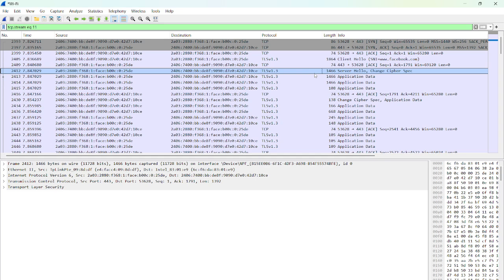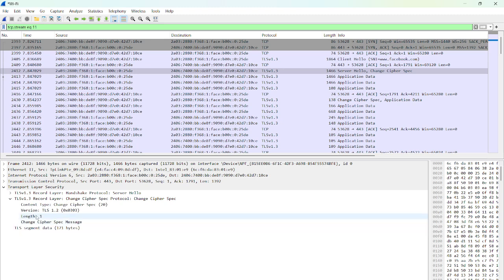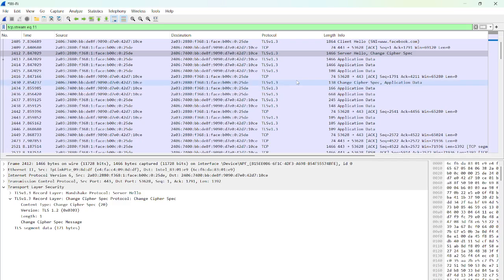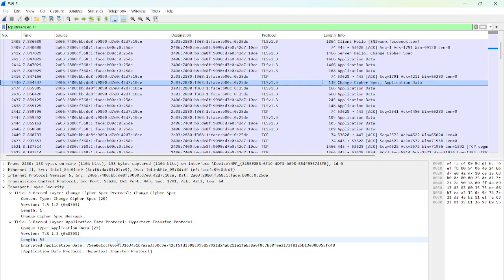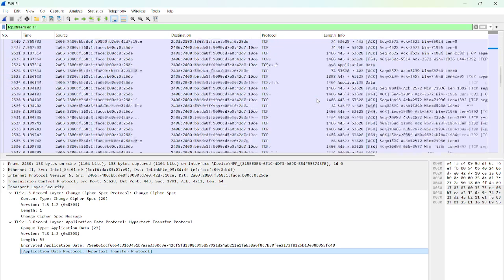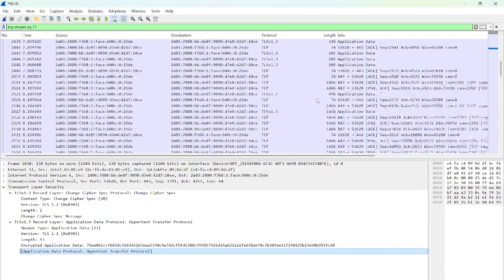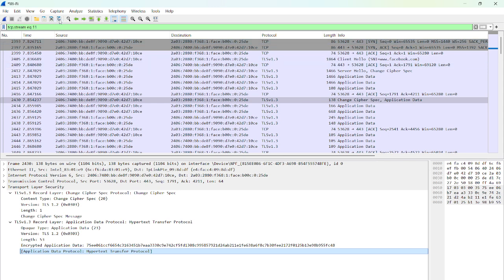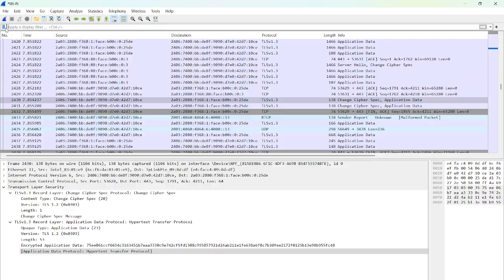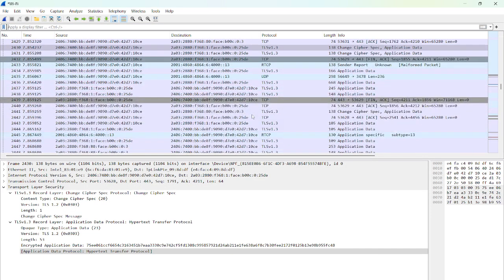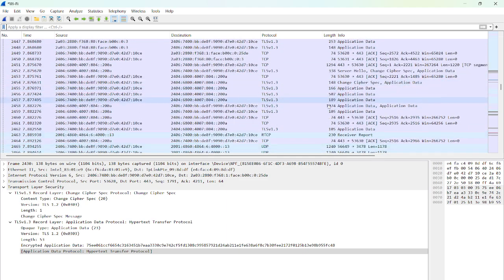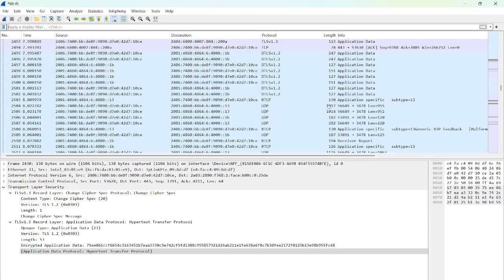Here we are not seeing any certificate. Change cipher spec, and then only application data.